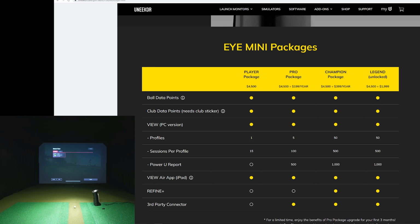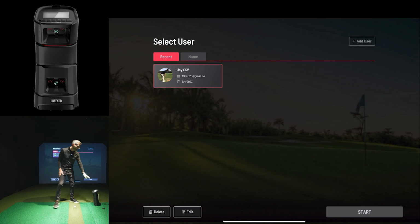Now we're going to move on to the actual View Air software. I'm going to take down that display capture. We're going to show our iPad here. Once you get connected, it's very simple to connect to the iMini, because when you go down here to menu